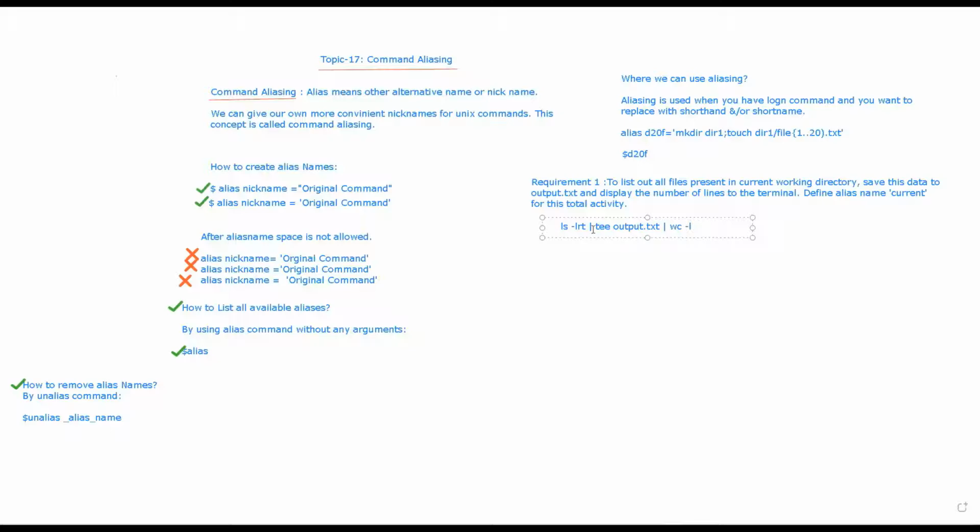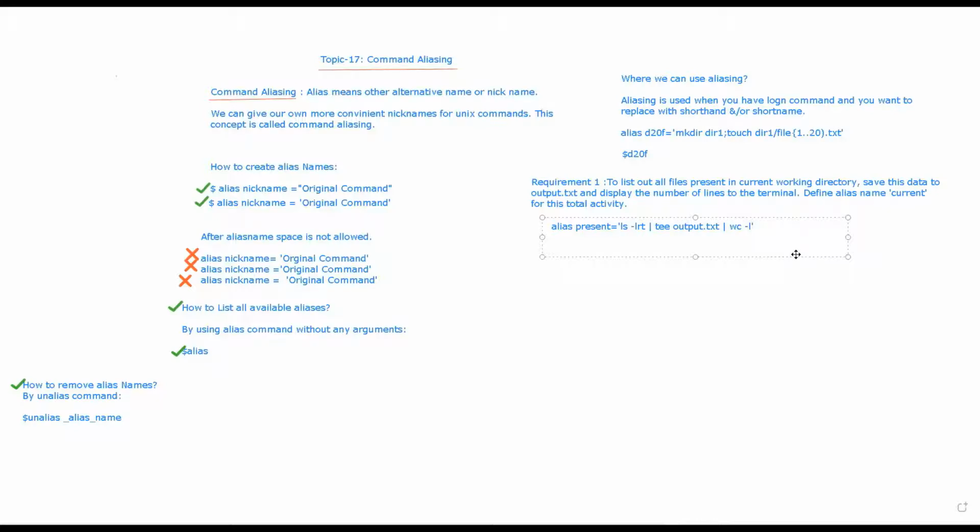If I want to refer to that using an alias, how will I create the alias? We have the alias command, right? I can say present, and then equal, and make sure that there is no space. So I can add alias present equal to ls -lrt pipe tee output.txt, and this will create the alias name as present.